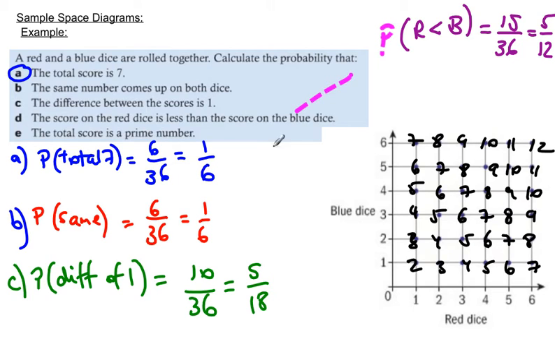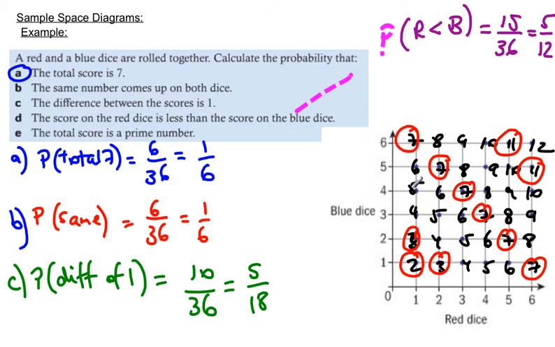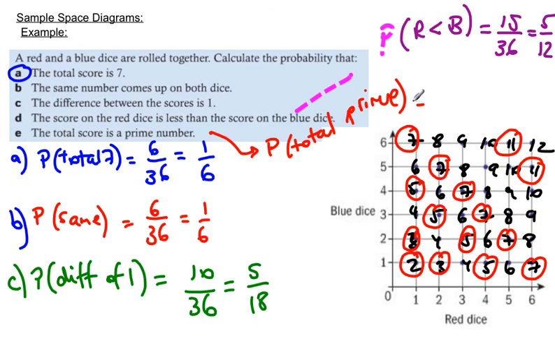So we want the times when the total is a prime number. If we count them, there are 15. So, same as the previous one. Probability of total prime is 15 out of 36. And that is the end of